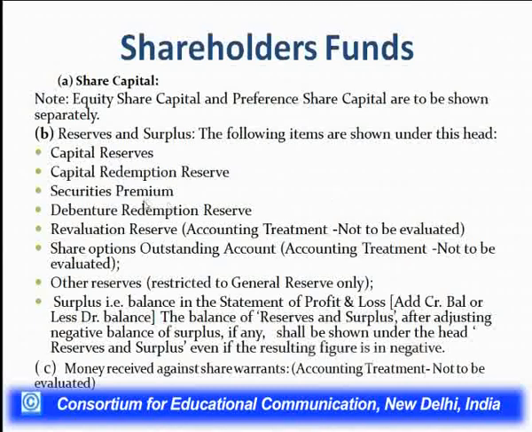So, under reserves and surpluses, shareholders' funds have share capital, reserves and surpluses, and other items, as we will be showing you now. Then we have securities premium followed by debenture redemption reserve. If the company has kept some money aside out of the profits, of course, to redeem debentures which are going to become due or mature in future, that is shown here under a separate head. Then revaluation reserve. This bracket is very important. Revaluation reserve is basically